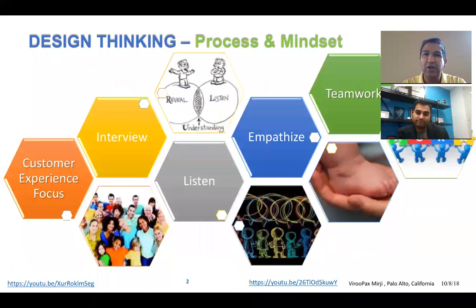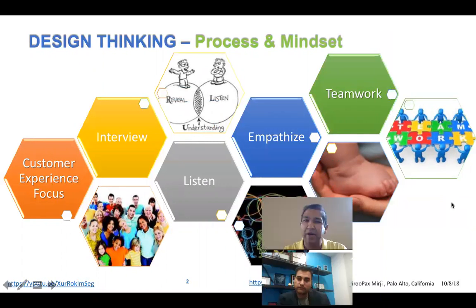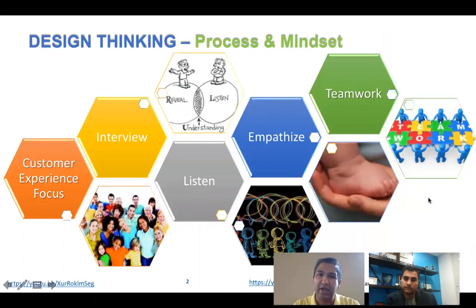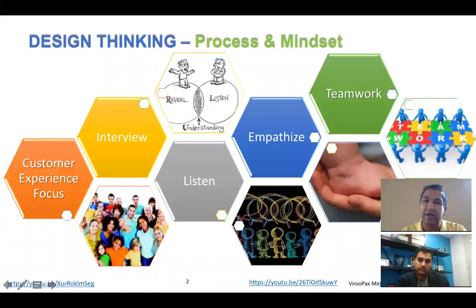Excellent. So let's look at the mindset behind this. This is the mindset we need to keep in mind. Basically, when we are thinking about design thinking, why are we doing it? There's a reason for that. Typically when developers or programmers think about solving a problem, they think about the technology part first. But in this particular case, we need to think about the human-centered design here.